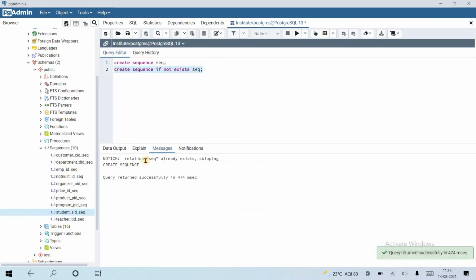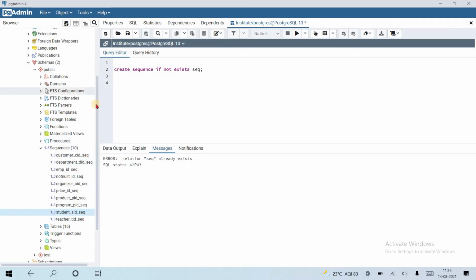If I run this, it notifies me that it already exists and the query returned successfully. It is not giving me an error. But if I run the other one, it will give me an error that it already exists. So the better way is the if not exists keyword. Okay, now the sequence seq is created.